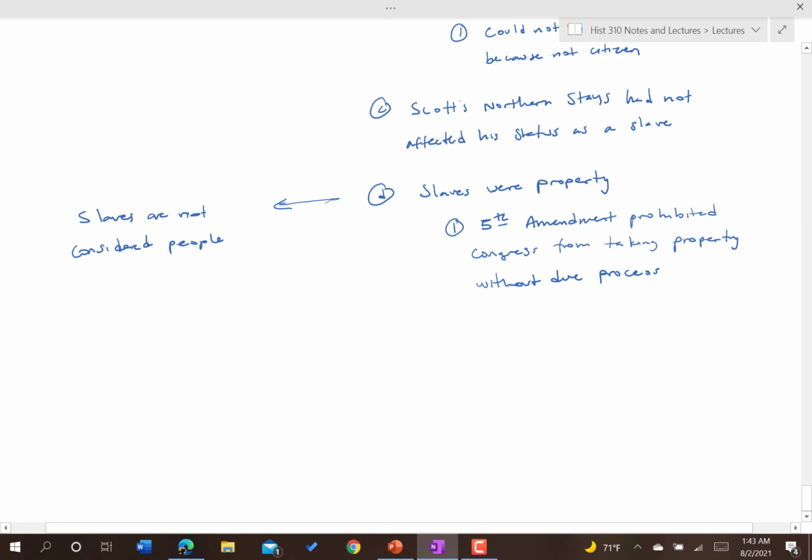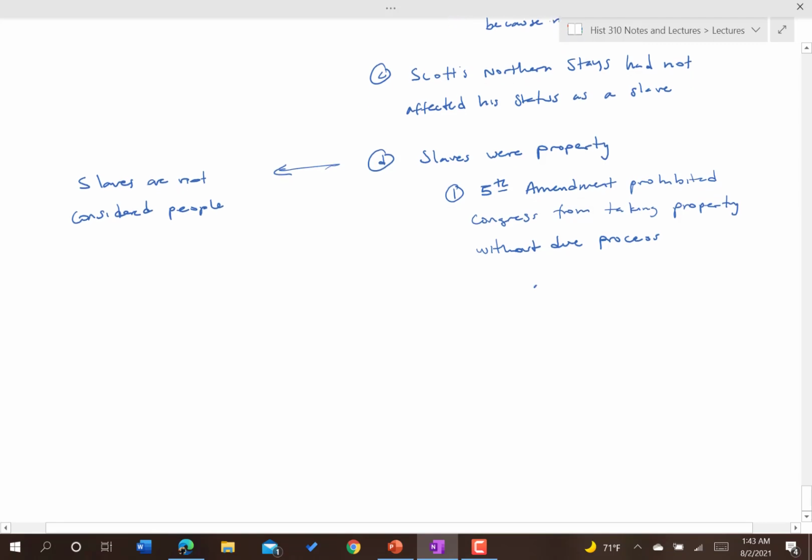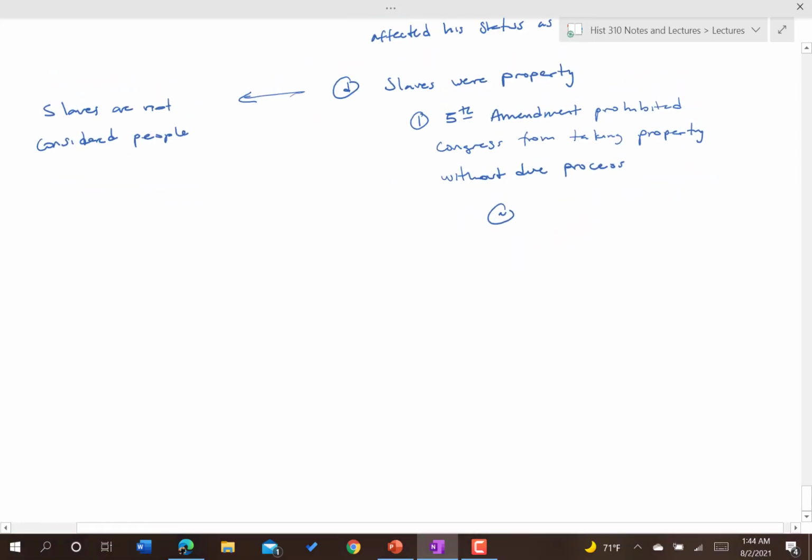Right, and so one of the things that this does, the Dred Scott decision was horrible. Horrible for the implications, for what it was saying about not just slaves but black people in general, and the complete and utter disregard for them as even human beings. The other problem with this is that then